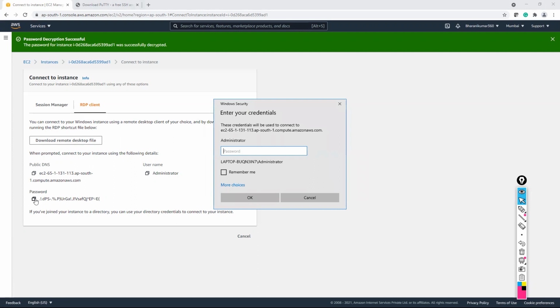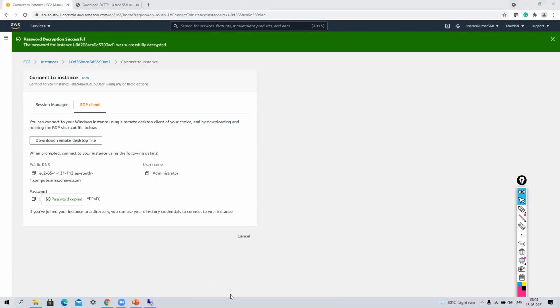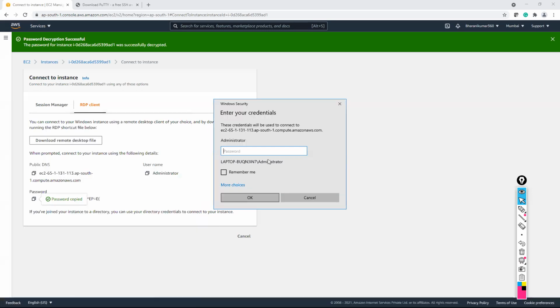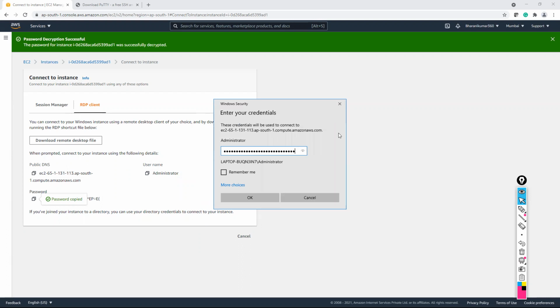Yes, copy the password. Copy and paste your password. Remember me, is it okay or no? Remember me means it will remember the host name.